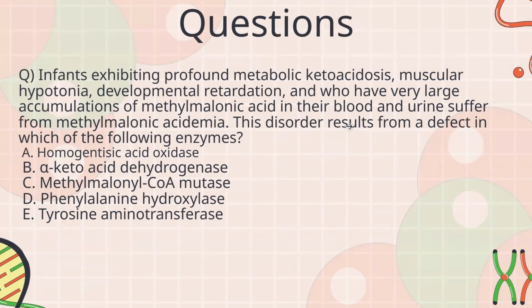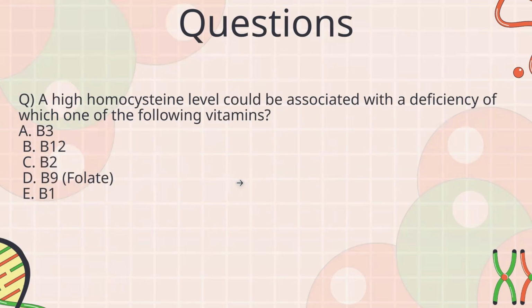And here the answer is C, methylmalonyl-CoA mutase, because we have increased methylmalonic acid. So methylmalonyl-CoA is the problem here. Okay, yeah, here. And the answer here, if you got it, is actually B and D. Okay, this was a question that got double keyed also. I repeated this question because it got double keyed in the first lecture, and here it's supposed to also get double keyed because B9 and B12 both contribute, as it's folate and B12, and also there's another factor, if you guys remember, which is THF.